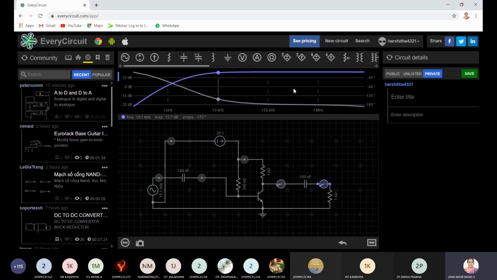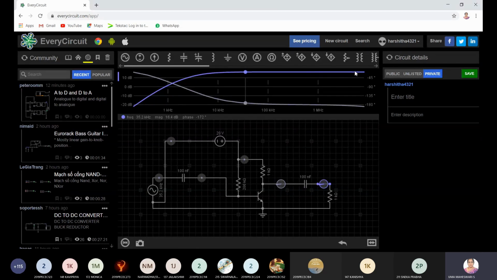So finally, I will have a tabular column: what frequency, what is the voltage gain. So what you can do, you can take a semilog graph sheet, plot the voltage gain versus frequency, right from 100 hertz or 10 hertz itself up to whatever megahertz I want. So for each and every frequency, I'll place a cursor. At that frequency, what is the voltage gain in decibel? That will come.